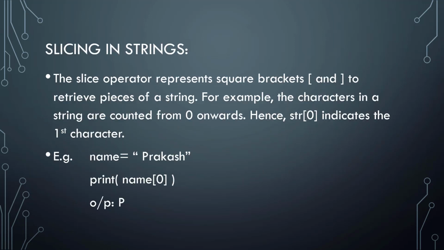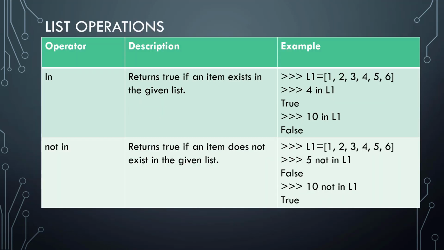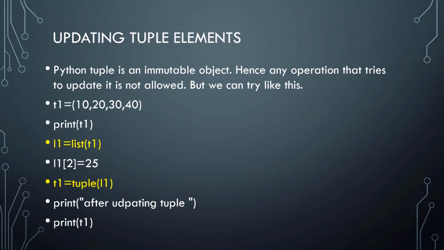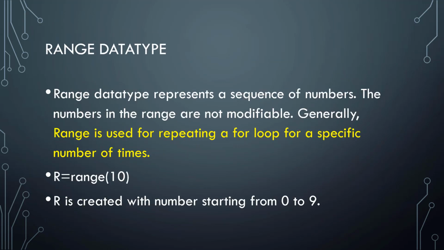Okay, so if you wanted to modify the sequence while you are iterating, you want to jump from one element to three elements, or two, or five. So the interval can be customized with range type. By default, when you say range, it always starts from 0 and ends at n minus 1. See the example now? r is equal to range of 10. So 10 means it always starts from 0, so 0 we need not mention. 0 is optional actually. That is why you need not specify.